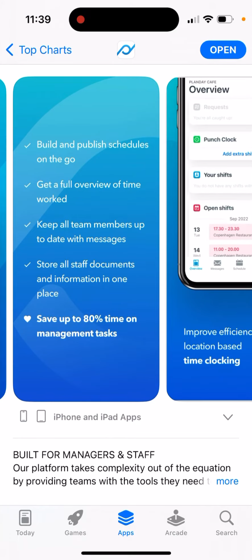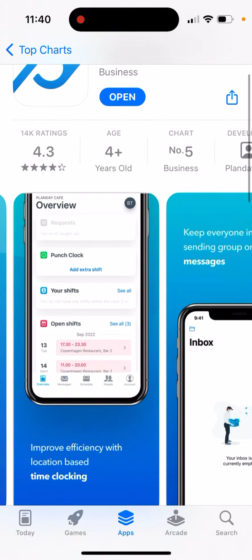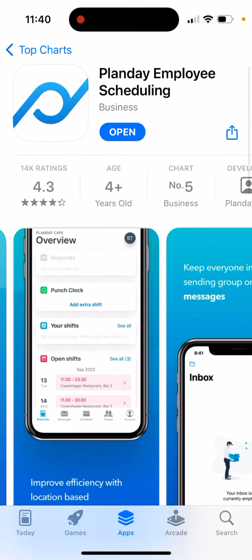Build and publish schedules on the go, get a full overview of time worked, keep all team members up to date with messages, store all staff documents and information in one place, and save up to 80% time on management tasks. So this is a Danish built company which helps with